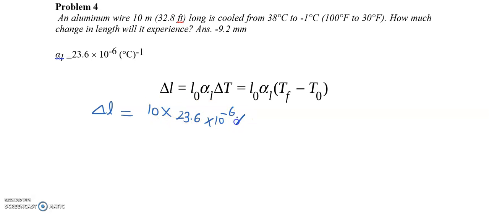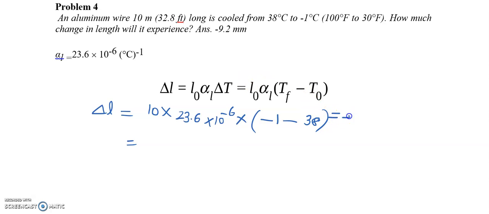and temperature changes. It is cooled from 38 to minus 1. So minus 1 is the final temperature and it is cooled from 38, so the change is minus 39. So 10 times 39 times 23.6. So this value will be,